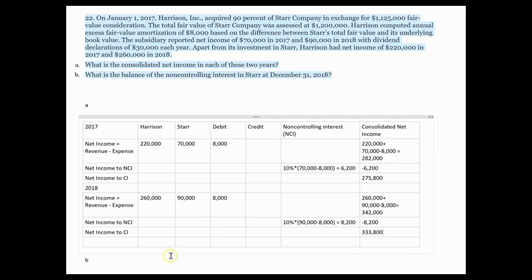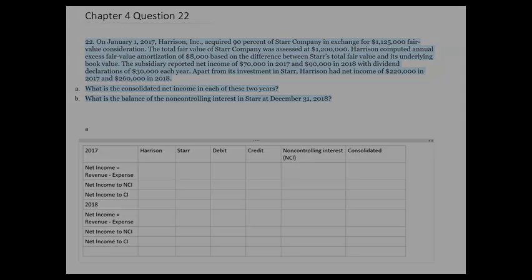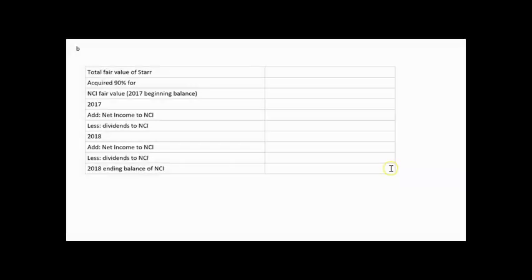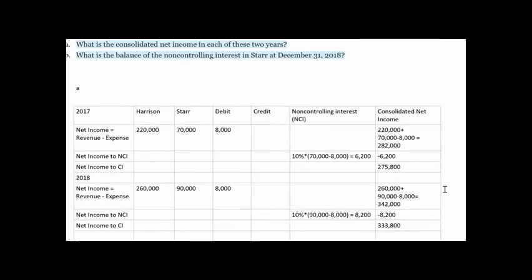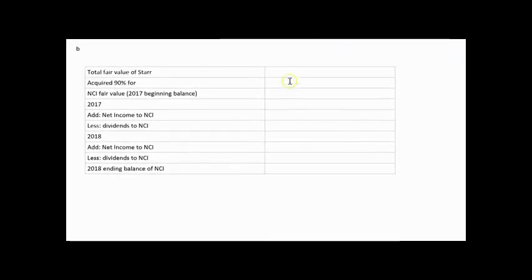Question B: What is the balance of non-controlling interest in Star at the end of 2018? I'm going to use this video to answer it. What is the balance of the non-controlling interest in Star at December 31st of 2018? In order to get the ending balance, first let's calculate the beginning balance of non-controlling interest in 2017. The total fair value of Star on the acquisition day is